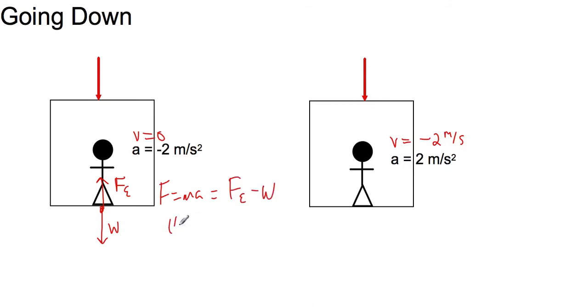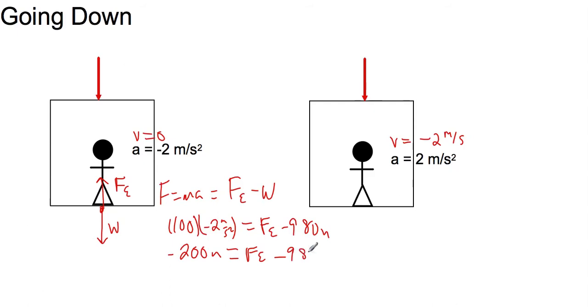And again, we're still 100 kilograms times negative 2 meters per second squared is equal to the elevator force minus 980. And again, this is going to be negative 200 newtons is equal to Fe minus 980 newtons. Combining like terms, our elevator force is going to equal a positive 720